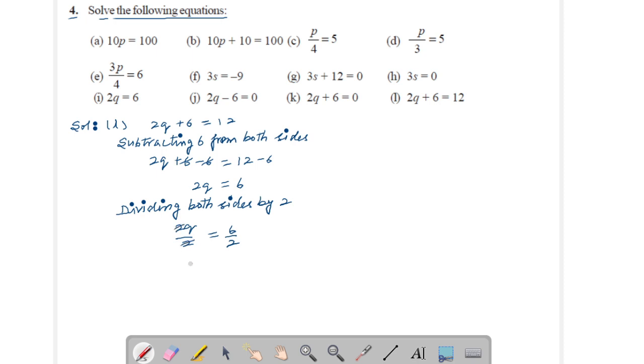What is left? q equal to, here divide 6 by 2. 2 ones are 2, 2 threes are 6. q equal to 3 is the solution